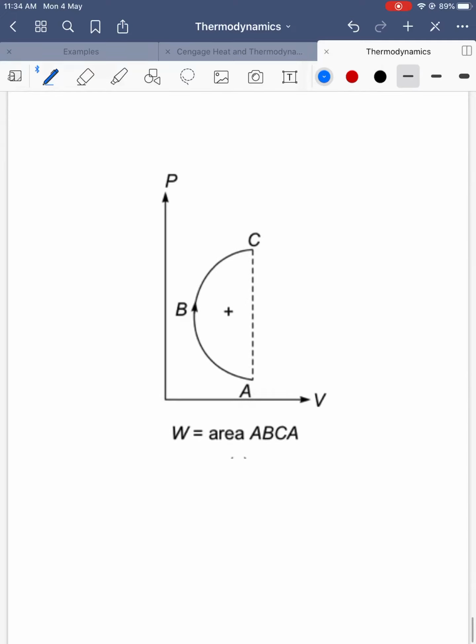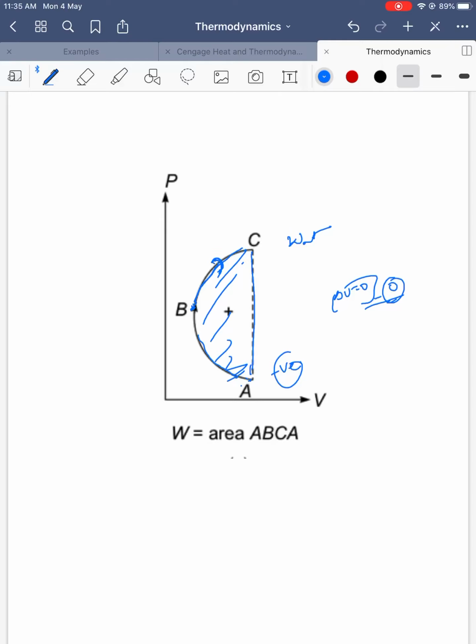So here, the circle is not horizontal now, it is a little bit vertical. So what is the change in volume? Change in volume is equal to 0. Is the work done equal to 0? No. Even though the change in volume is equal to 0, the process follows a certain path. Now just see, A to B, volume is decreasing, negative work. From B to C, volume is increasing, positive work. Which is most dominating? Positive work is dominating. So the area under the curve you can calculate, and you will get the net work done.